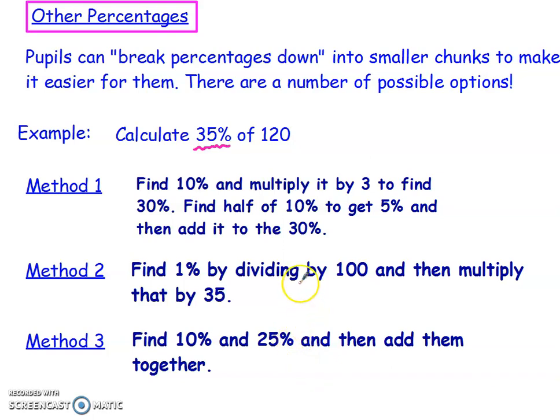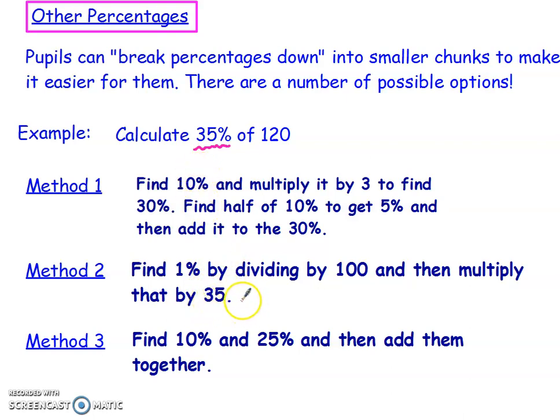So one possible option would be to find 10%, multiply that by 3 to give 30%, and add a 5% into that as well, which they would also know by finding half of the 10%. That's one method. A second method would be to start off by finding 1%. Now again, we would maybe spend a lesson working on calculations where you find 1% and scale up to anything else that you like, and 1% being dividing by 100, because percent means per 100, so 1% is 1 out of 100. So once they knew 1%, they could just multiply that by 35,